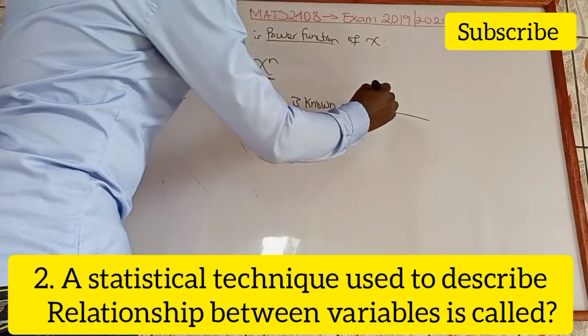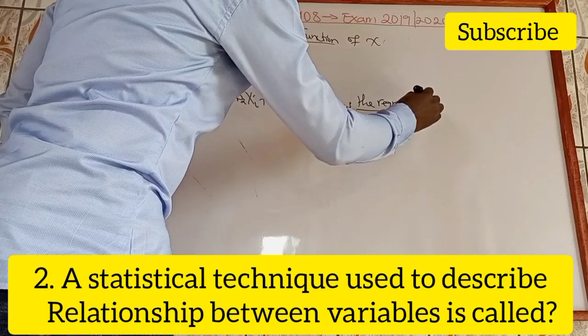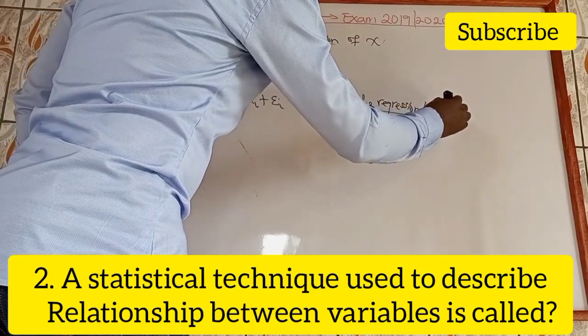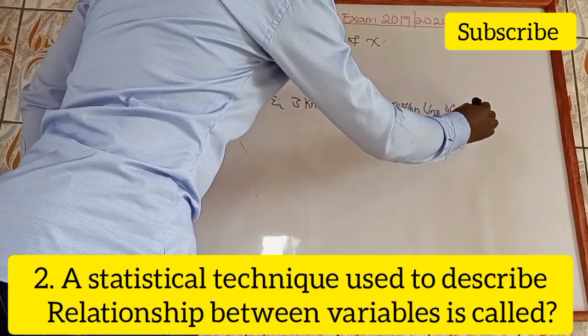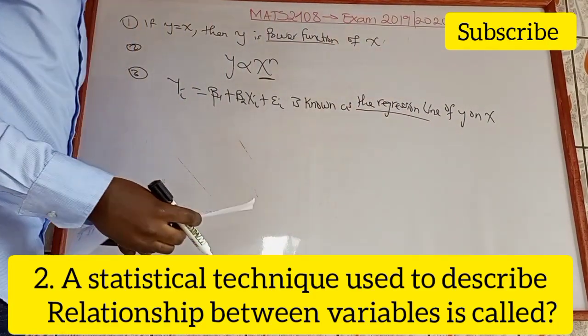That's the answer, the regression line of y on x. And then number 4,